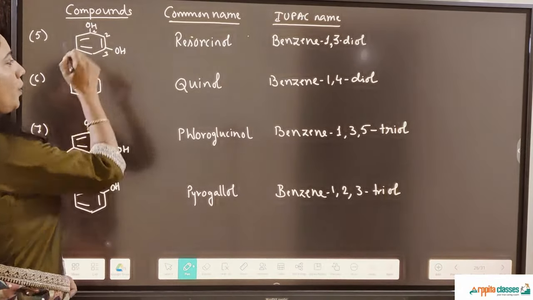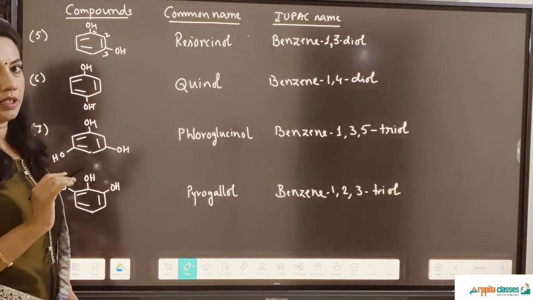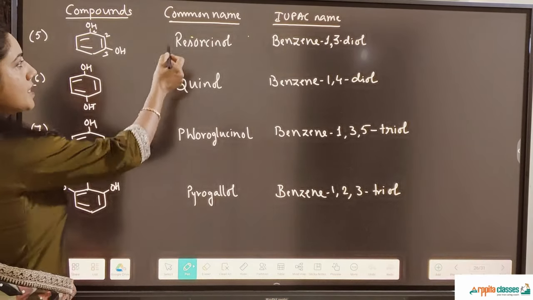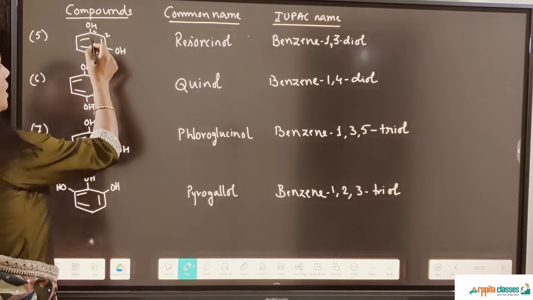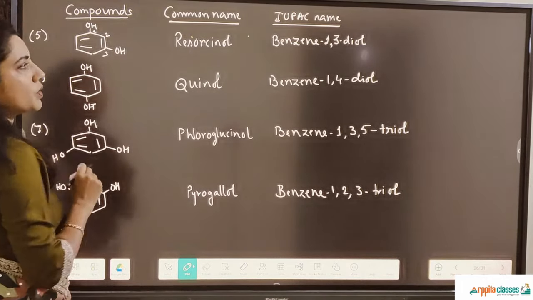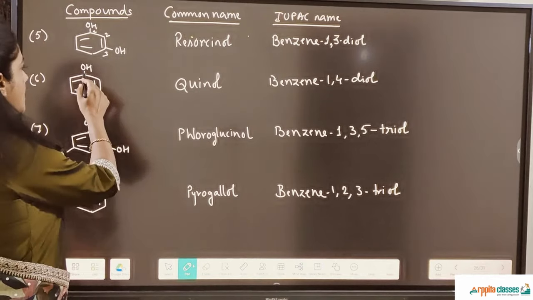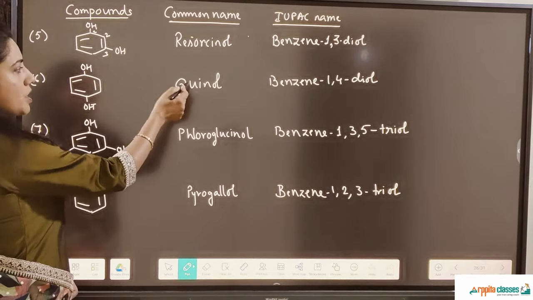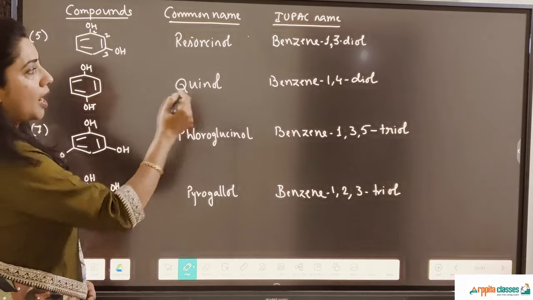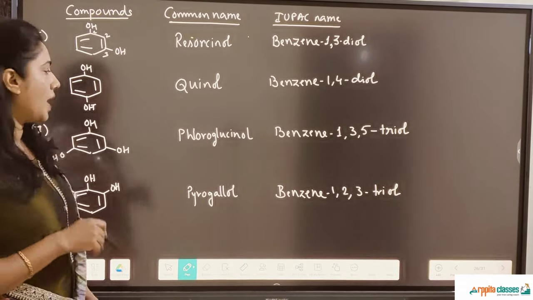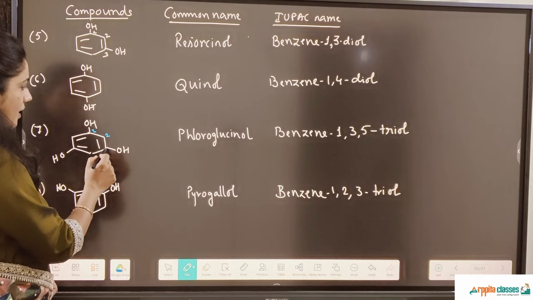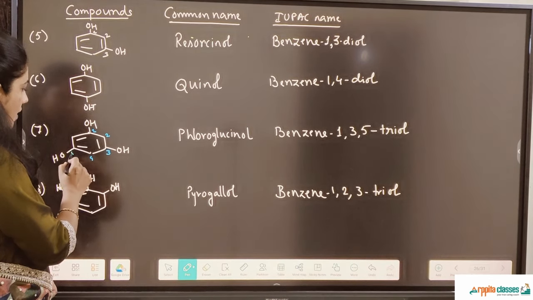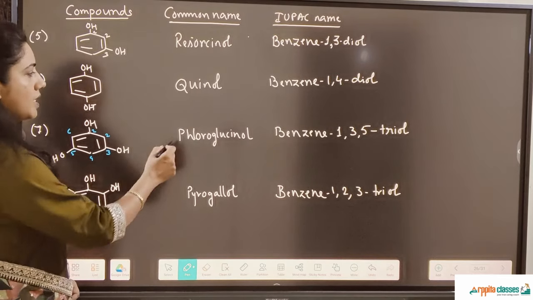Next is OH and OH attached meta to each other. The common name is resorcinol, and this is benzene 1,3-diol. This is my first, second and third carbon, so it is 1,3-diol. Next, if they are para to each other, this is called quinol, and the IUPAC name is benzene 1,4-diol. Now OH groups are in the first position, then the third, and then the fifth position. So it is called